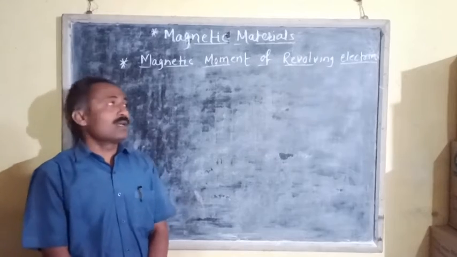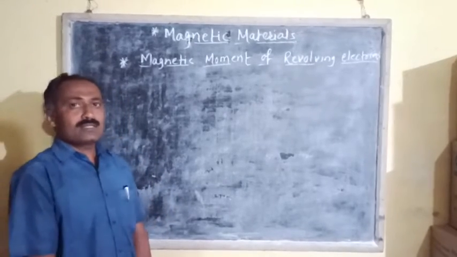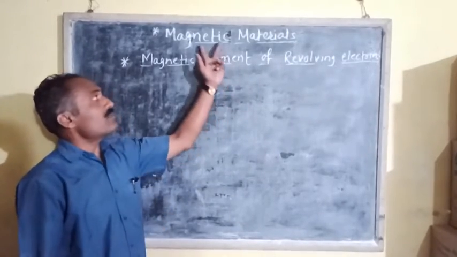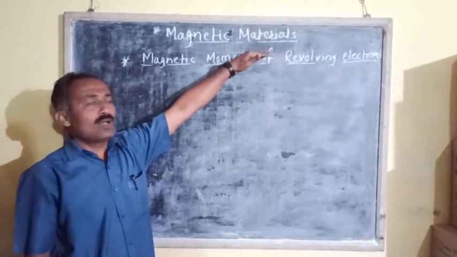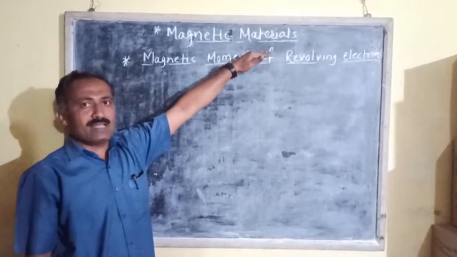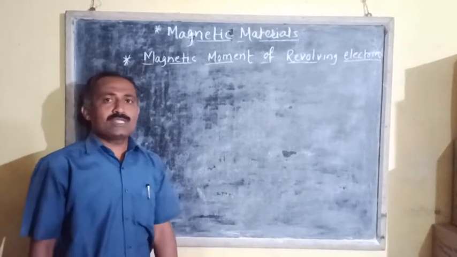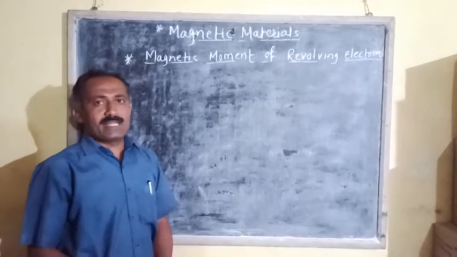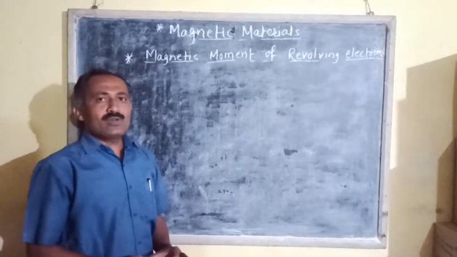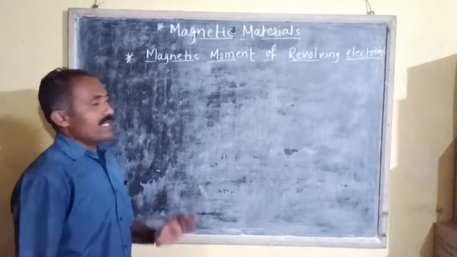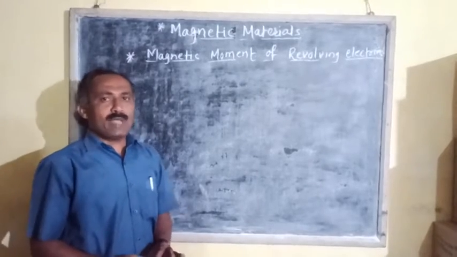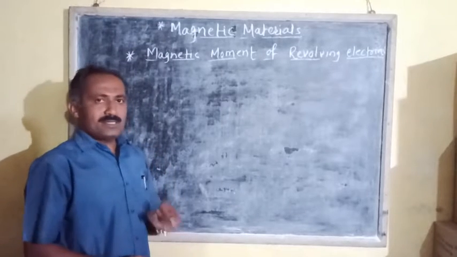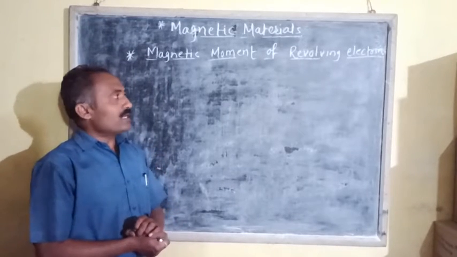Good morning friends, today we start the new chapter, that is magnetic materials. We know that in 11th standard we saw the origin of magnetic properties in magnetic materials. As we know, in a material there are a large number of atoms and each atom contains electrons which